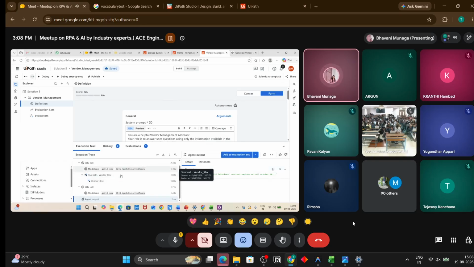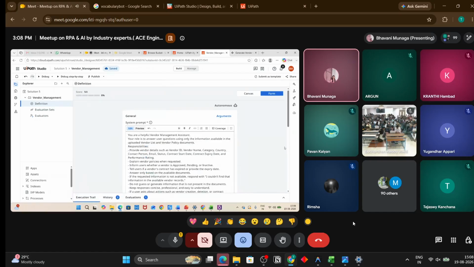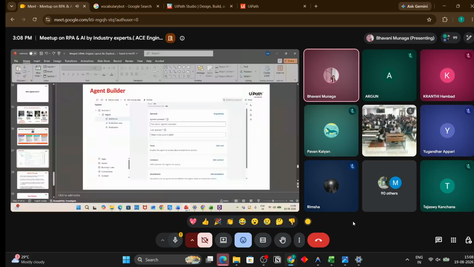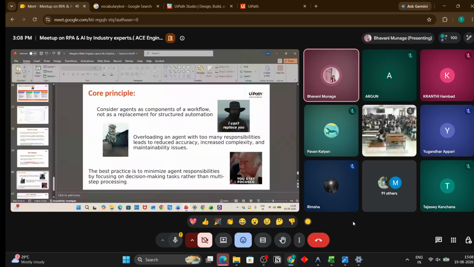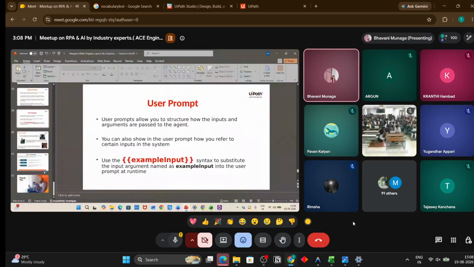So this is how the agent builder works. I have given a quick overview. You can publish it to your orchestrator and integrate it in your RPA workflow to use this model. This is a quick agent introduction where you have a system prompt and user prompt, and you can do whatever you want with the LLM. So you can try it out. You can experiment on the LLMs, as we have a community version available for the agent with the latest release. You can test it.